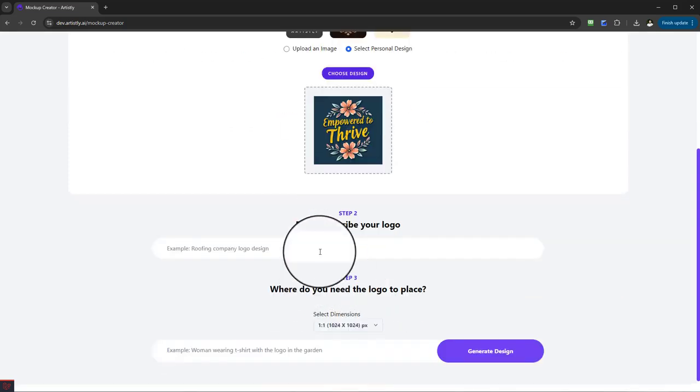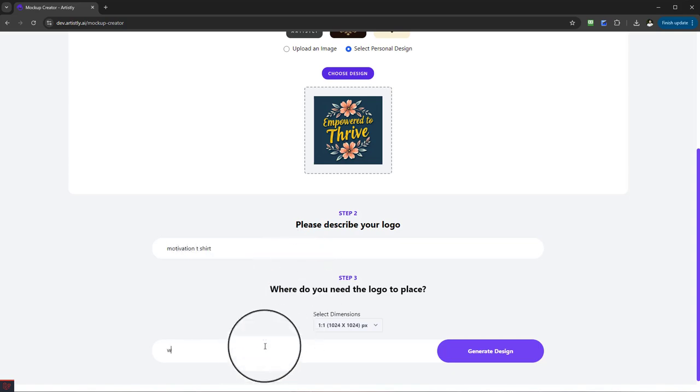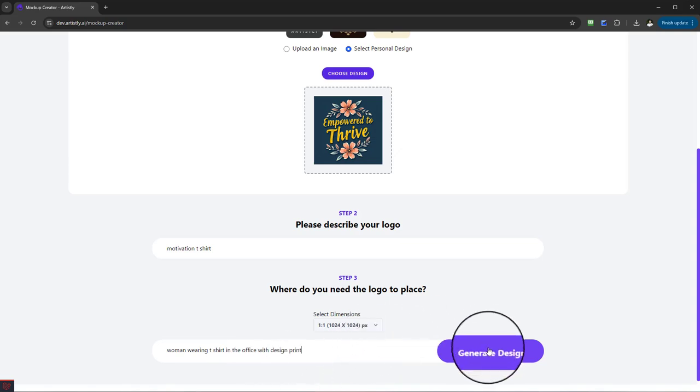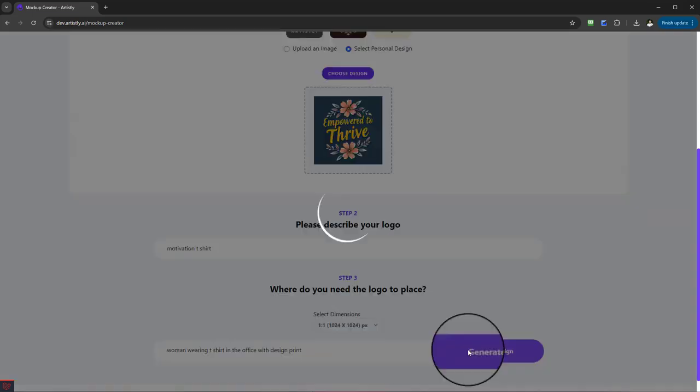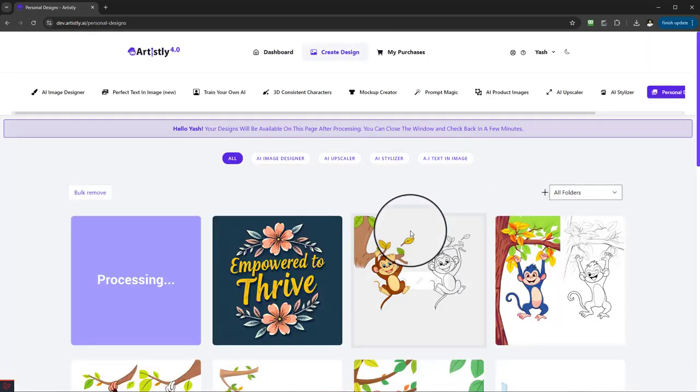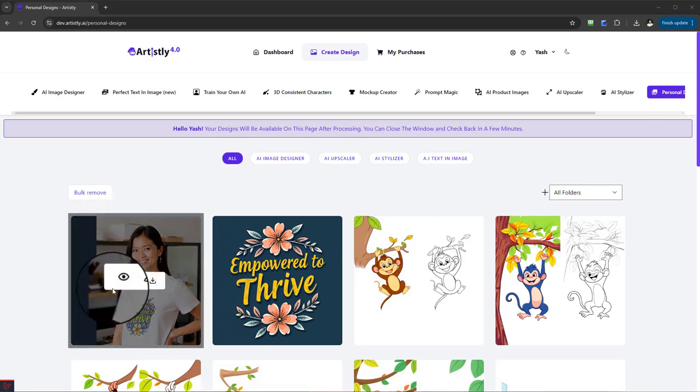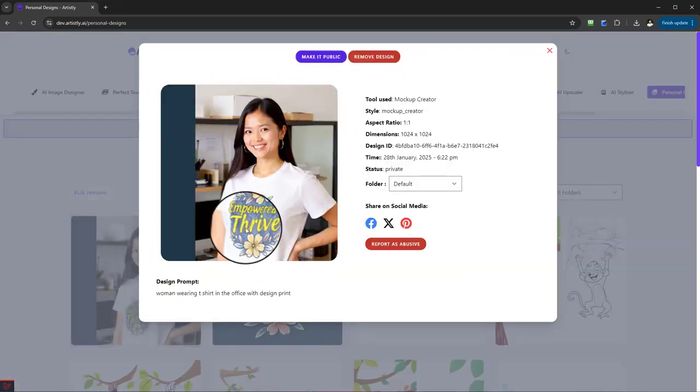Once we select it, then we can say, you know, example, motivational t-shirt, woman wearing t-shirt in the office with design print. Okay, and let's go ahead and select generate design. Yes, you can change the dimensions, but I just want to show you the demonstration of this, and then we'll allow that to process. Okay, and just like that, we have that graphic now of that female in the office